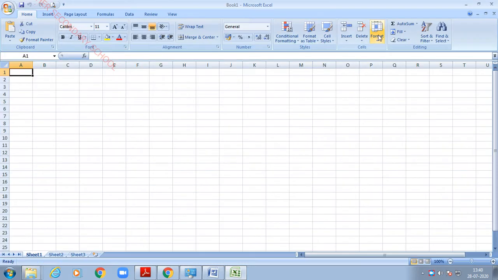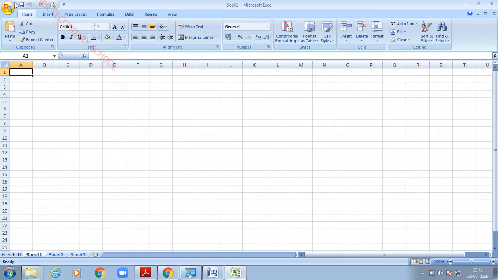After clicking that MS Office Excel, you will be getting a page like this. By default, it shows the name Book 1. If you like to change the name of the title, you can change it. Before that, let us see the components of MS Excel. This is the title bar. It shows the title on the screen.